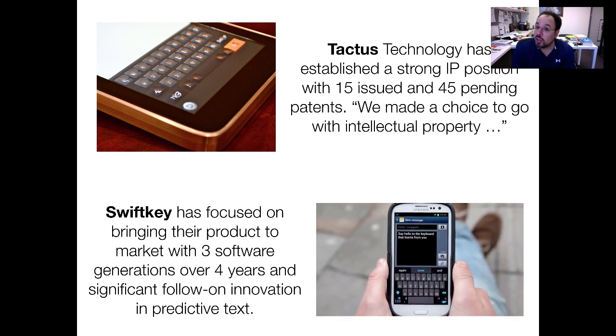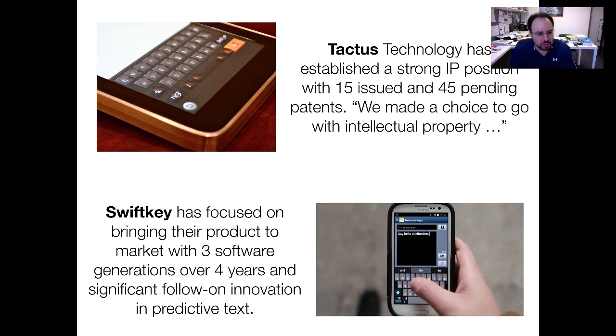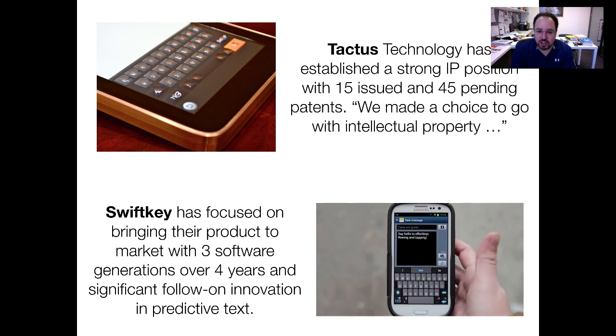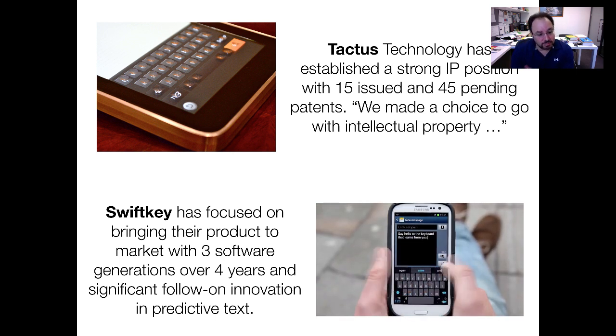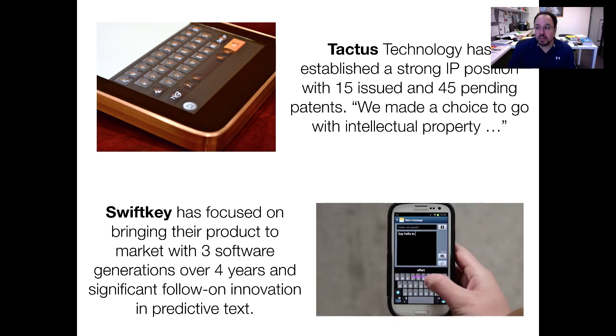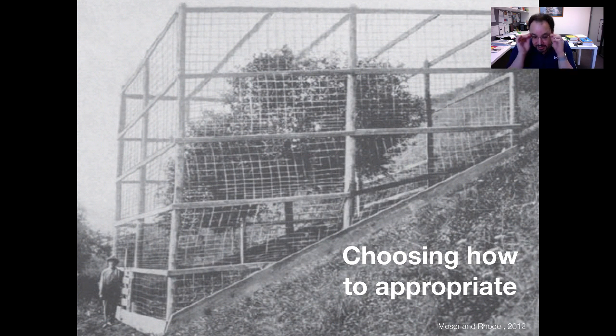Now, as we know, with a lot of AI companies, especially ones that rely on interacting with humans to gather the data needed, this is a common thing going on there. So SwiftKey have been doing that. Now, what is interesting is these companies are making actual choices of how they're going to appropriate the value of their innovations. What is appropriation? Appropriation is that an innovation is going to have certain value in the market, and you're going to try and find means by which you can capture more of that value. That's what we call appropriation.